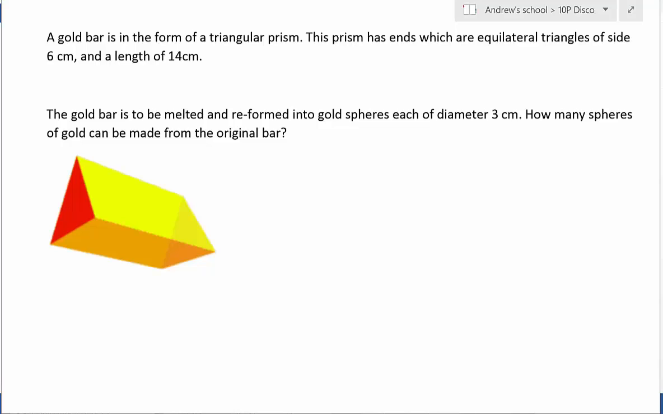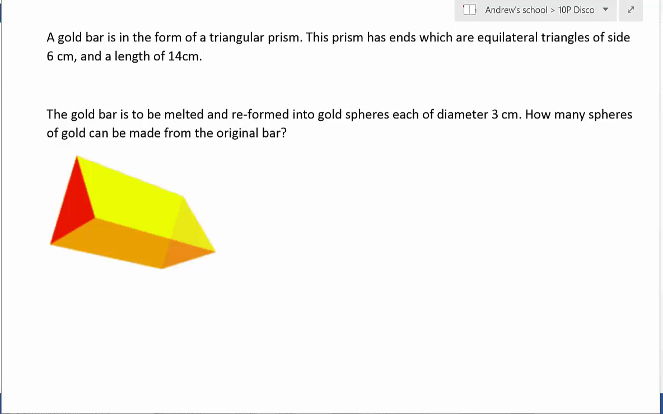This question concerns the volume of a triangular prism and the volume of a sphere. I'll give you a few seconds to read it carefully before I continue. So the first part of the question really is to determine what is the volume of gold that exists in